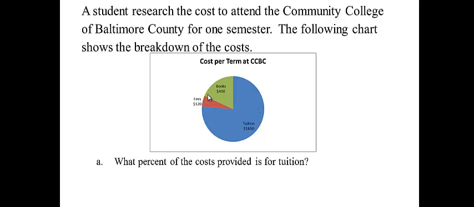First of all, we need to find what the total amount of everything is. What is the total cost for this term at CCBC? Which means we'll add $1,650 for tuition, to $120 for fees, to $400 for books. And in a question like this, that's what we always want to do, is find the total amount considered. And in this case, that's going to be $2,170, or $2,170 total costs,